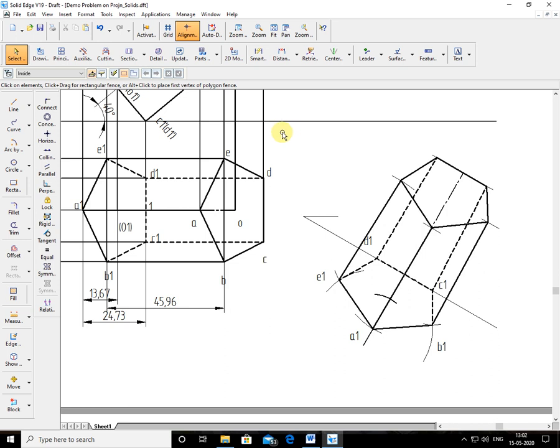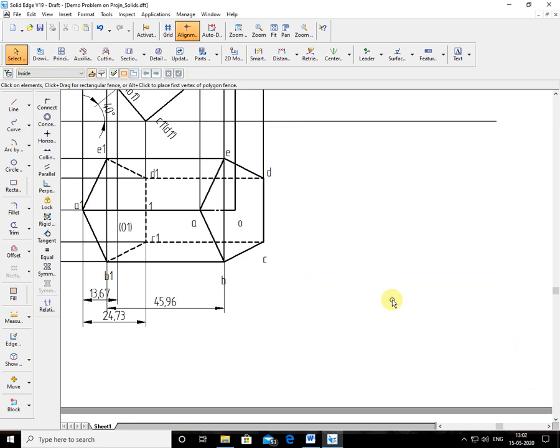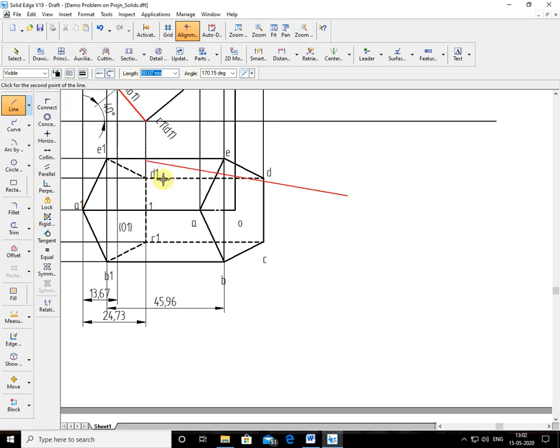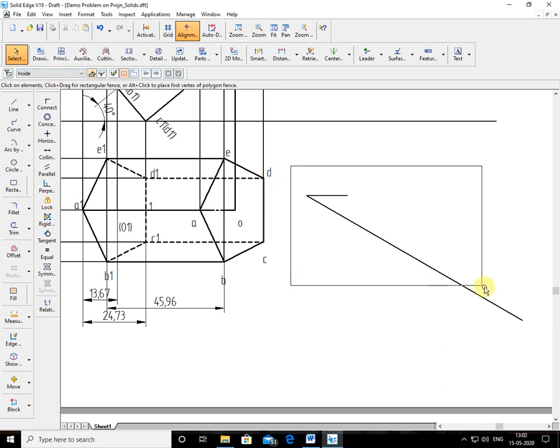So in computer, again I'll draw here for your reference. I'll draw a line here. Continuous line, 0.5. The 30 degree angle I'll choose here. Now this is very away. I make it a little bit down for my reference. Okay. Now how to transfer here? I transfer the whole figure along with this axis.